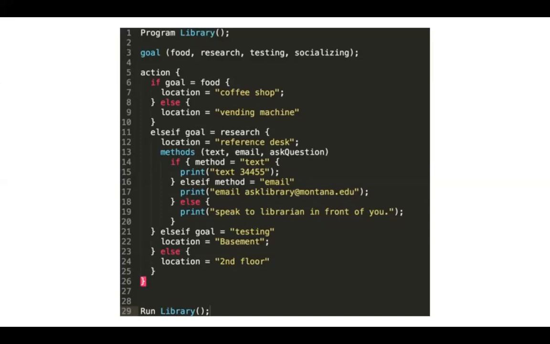Can you walk us through what each line of code means? Yes, we can definitely do that. If we start on line 5 in this example, the action item is just the top line. Then line 6, the if goal, is where you'll put in your own example. If it's food, going back to someone walking into the library,